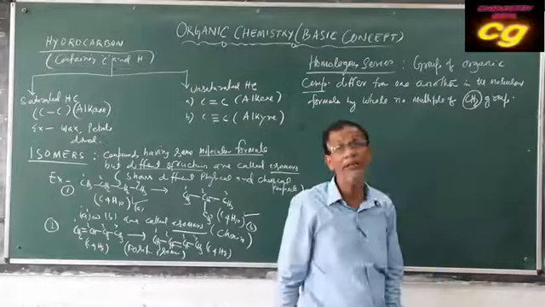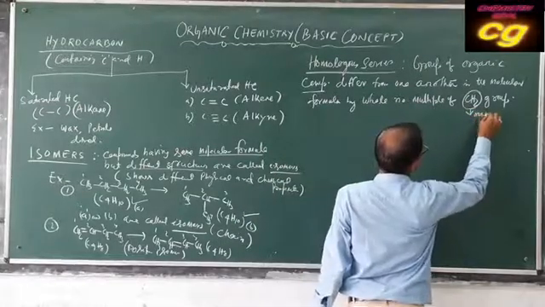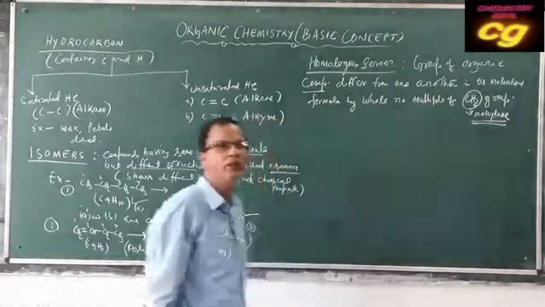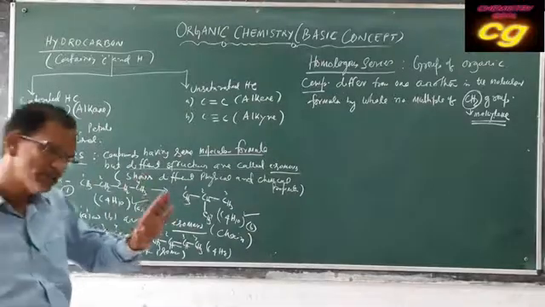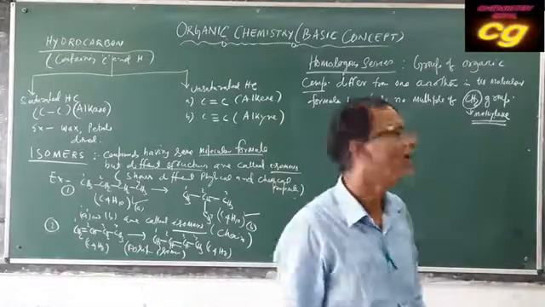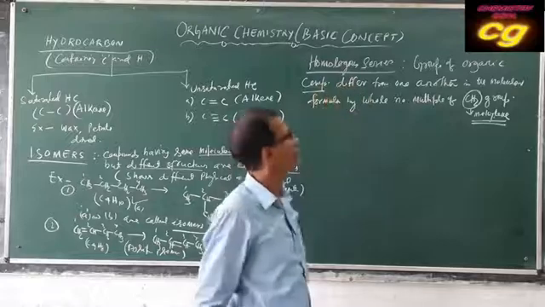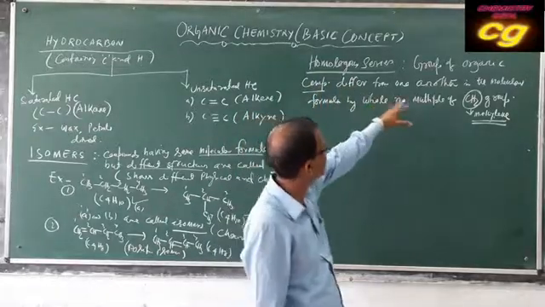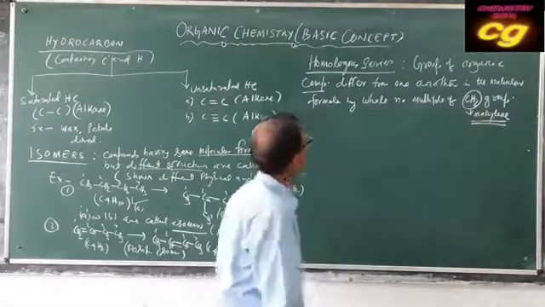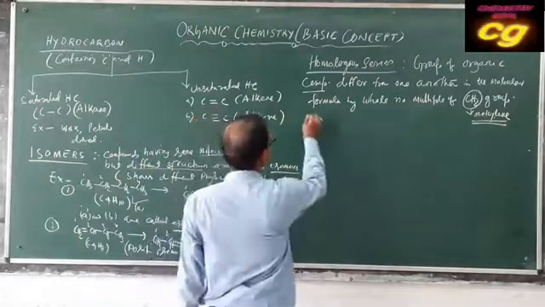This is called the methylene group. The name of this group is methylene. When compounds differ by CH2 groups, 1 CH2, 2 CH2 like this, what are these called? This group of organic compounds is called a homologous series. A group of organic compounds differing from one another in the molecular formula by a whole number multiple of CH2 group is called homologous series. And each member